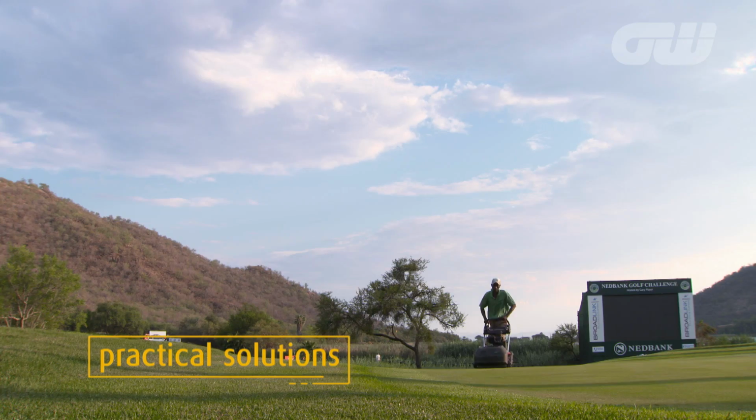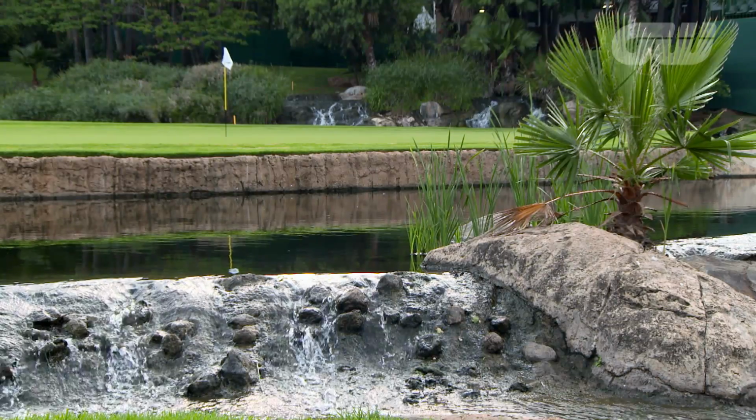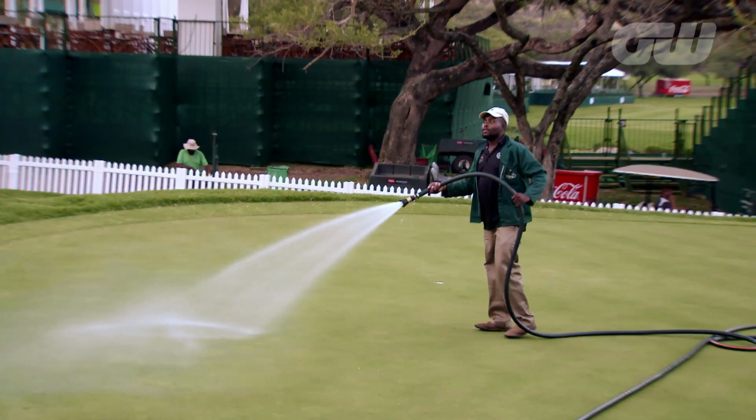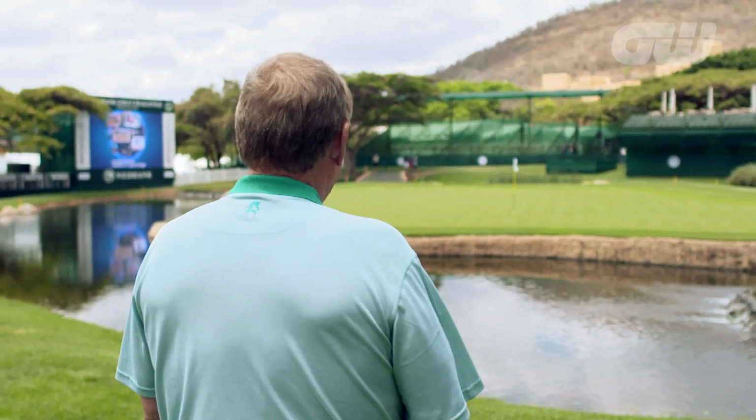the on-course maintenance equipment. Water is the lifeblood of any course, and few places rely as heavily on irrigation as the northwest province of South Africa. Water use has to be kept to a minimum, which is an extra challenge. All water from the complex gets piped down to the bottom where it's recycled, and it goes into a dam on hole 2. From that dam, the water is pumped either onto this course or up to the Lost City